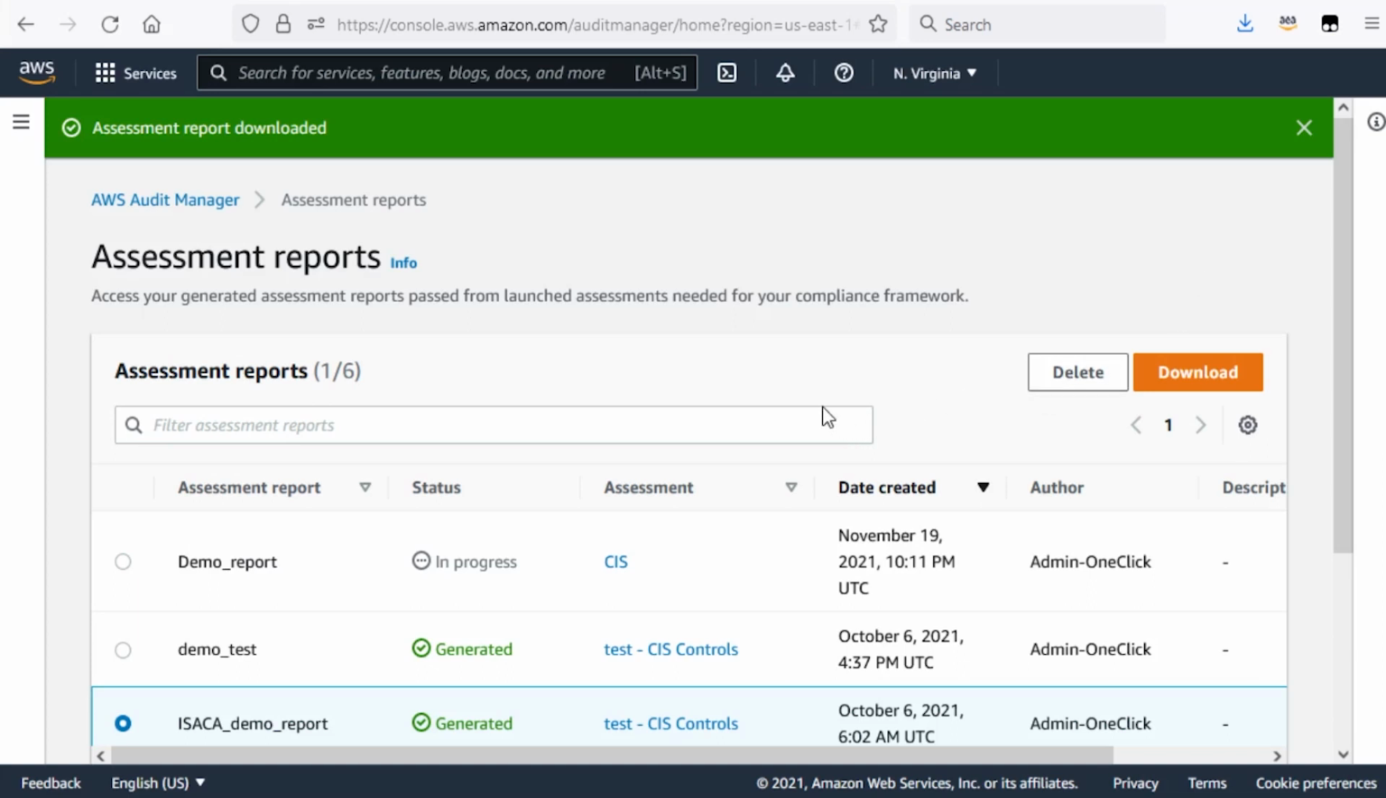This report will be available for download as a zip file containing a PDF summary of the assessment report, and any of the evidence that you added into it will also be added in as PDF standalone files. So let me show you what that looks like. Here is the folder in which I have that assessment report. If I take a quick look at what the assessment report looks like,